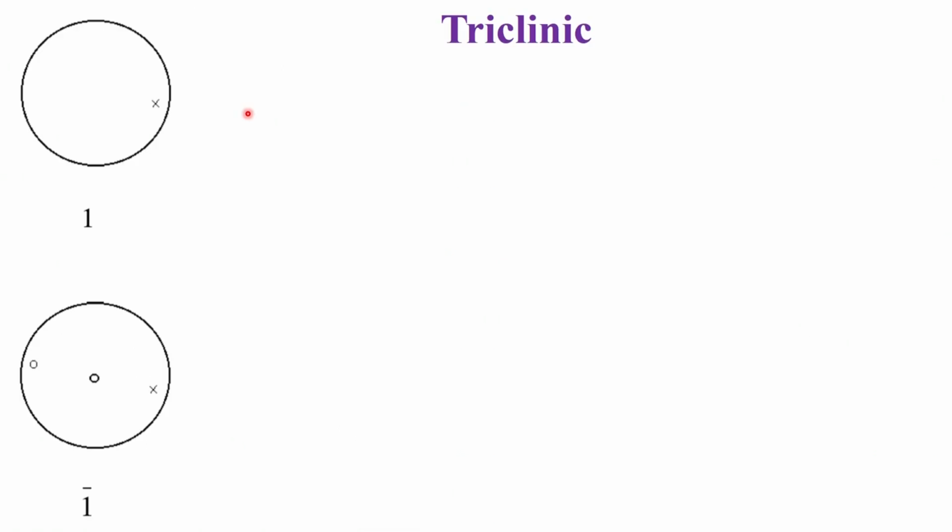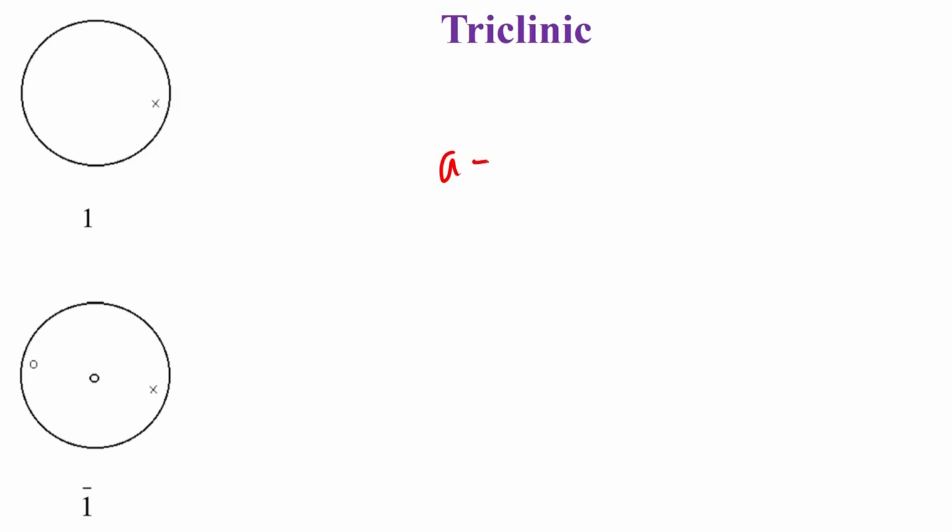So, let us start with the simplest of the systems, triclinic. Well, in some sense it is not the simplest, it is probably the most complicated from the structure point of view, because A is not equal to B, not equal to C, and alpha, beta, gamma are not equal. So, A not equal to B, not equal to C, alpha not equal to beta, not equal to gamma, and in fact you can even say they are not equal, though one of them could be 90.